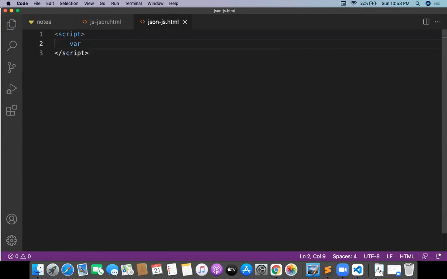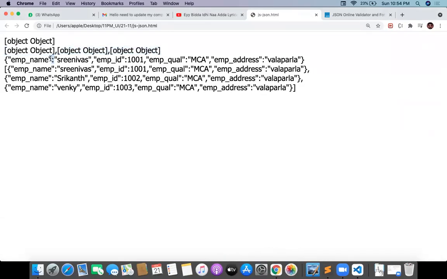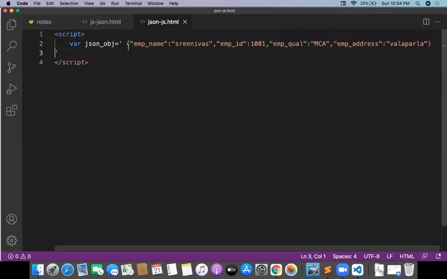Okay, I want to create a JSON object. The JSON object we already know will be in single quotes. Why? Because this one is a JSON object, and I'm taking the JSON object inside single quotes. Why single quotes?